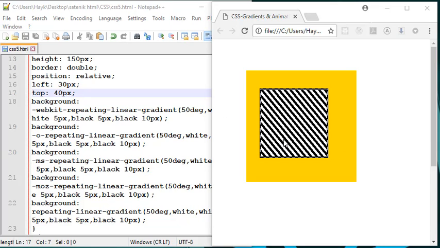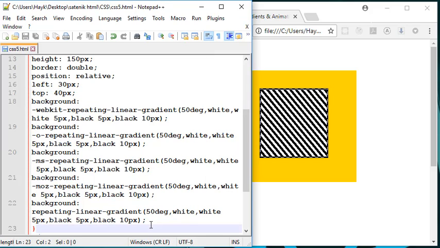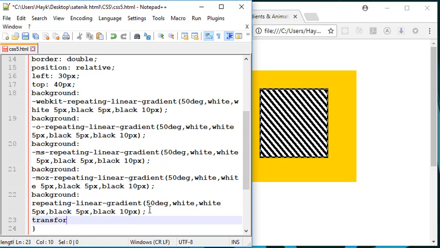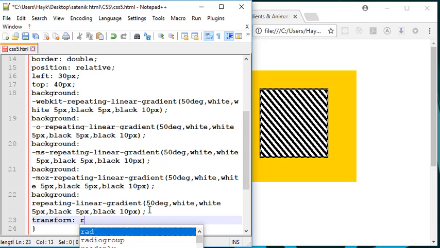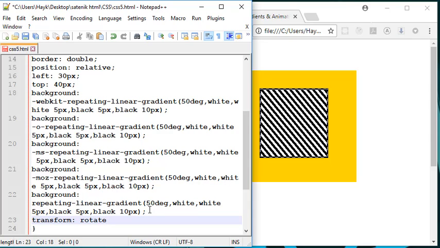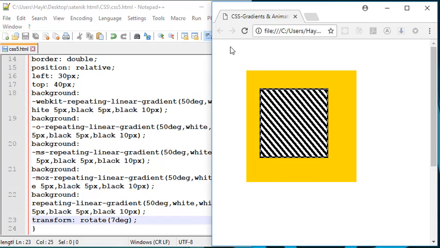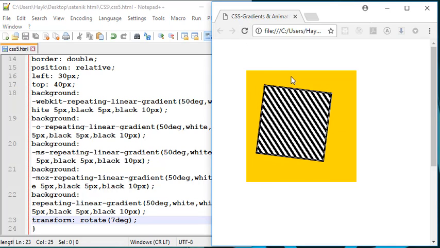And so as you noticed, linear gradients go down, up, left, right, and diagonally, and radial gradients, they're defined by their center. Let's move on and let's type in another property, which is transform, and let's write a colon and let's write rotate and 7 degrees. Let's save and refresh, and as you can see, our div moved 7 degrees clockwise,